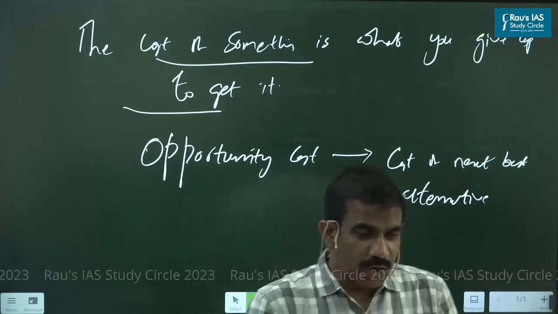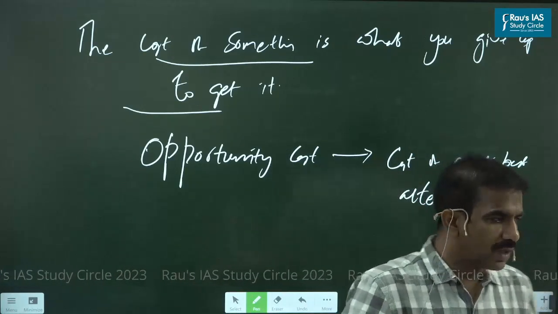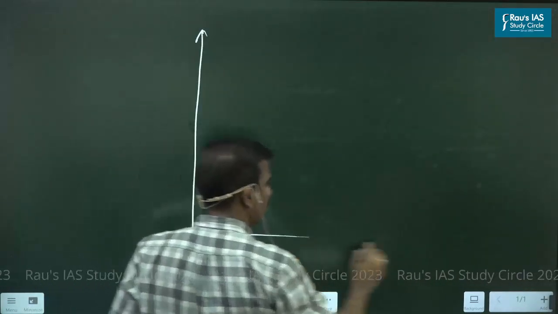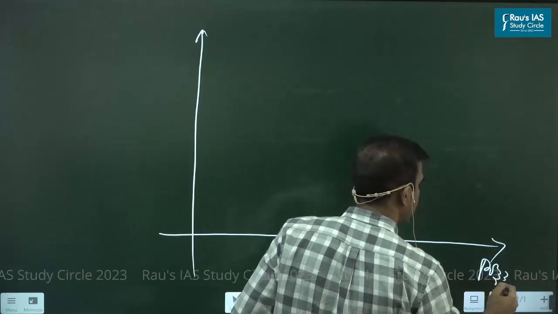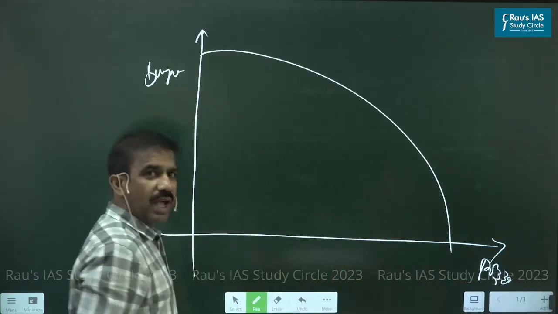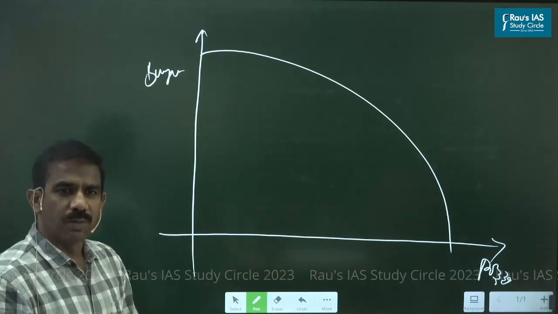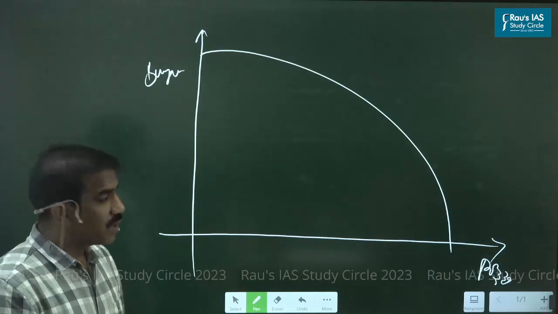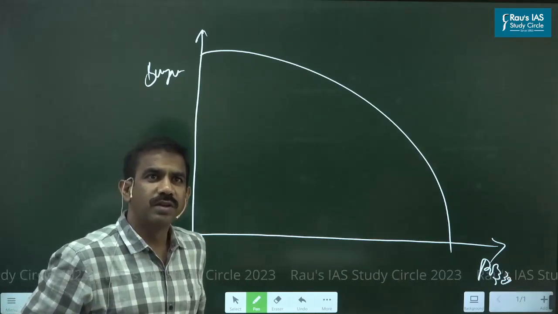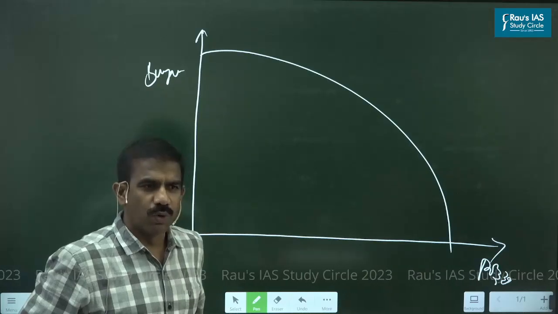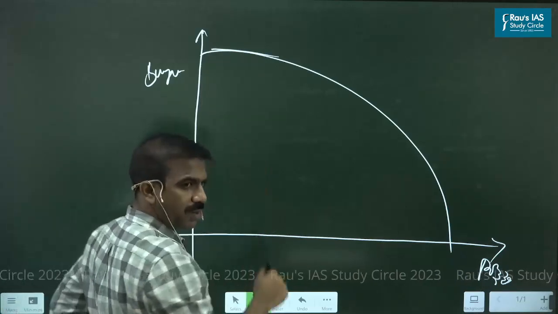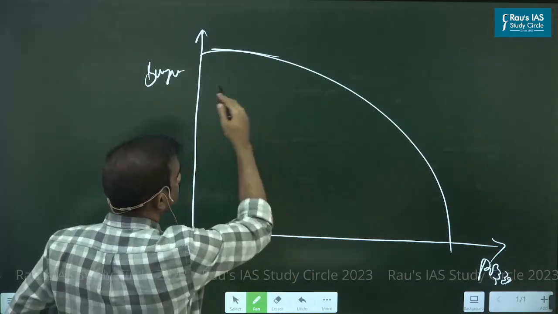That's it. So you could get to know at any point of time. Let's take the case of the same production possibility frontier. Let's say the pizzas and burgers. And this is the possible frontier as of now with the given combination of labor and resources. Does the slope remain constant? Is the slope of the curve constant, Preeti? No. So the tangent gives you the slope, right? Am I right? So look at it. That remains different at different points.